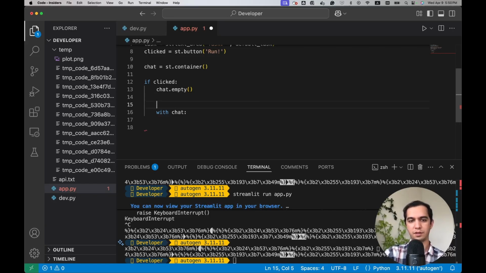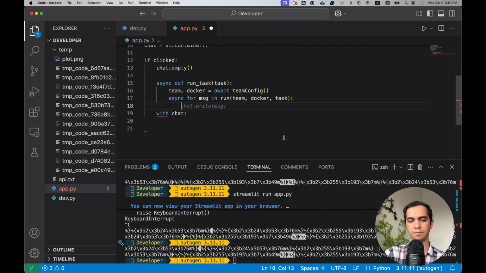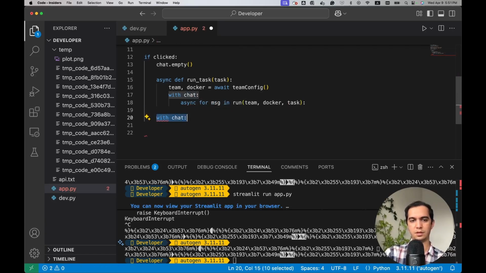So I would say async def run task, and it gets task. And then I would say team and Docker will be specified from team config, and then async for message in run team, Docker and task. And okay, now I would say, inside this coroutine, I would say with chat,